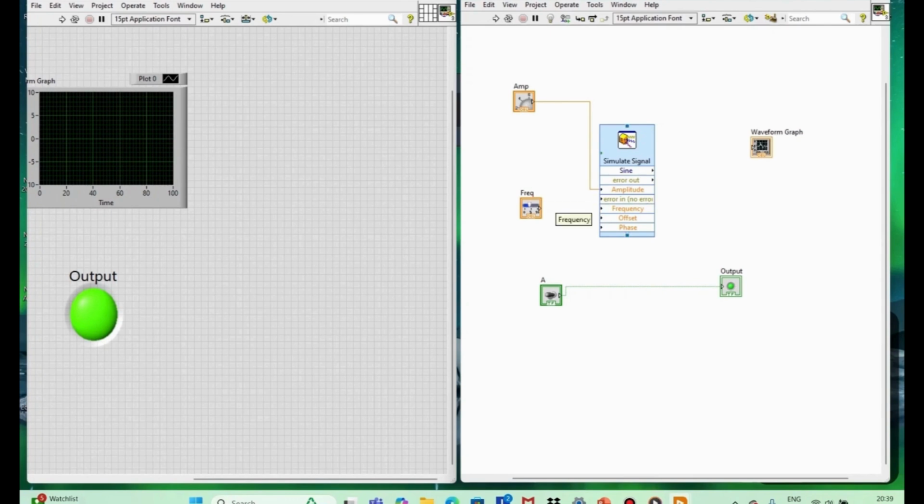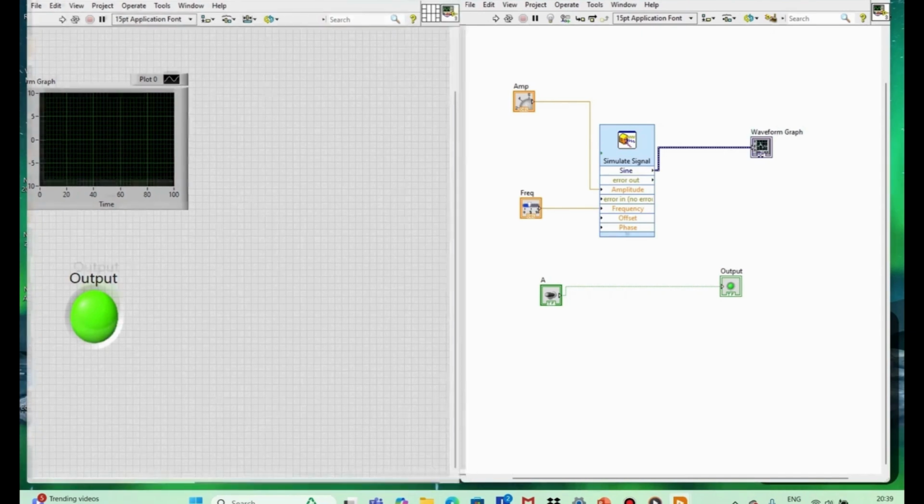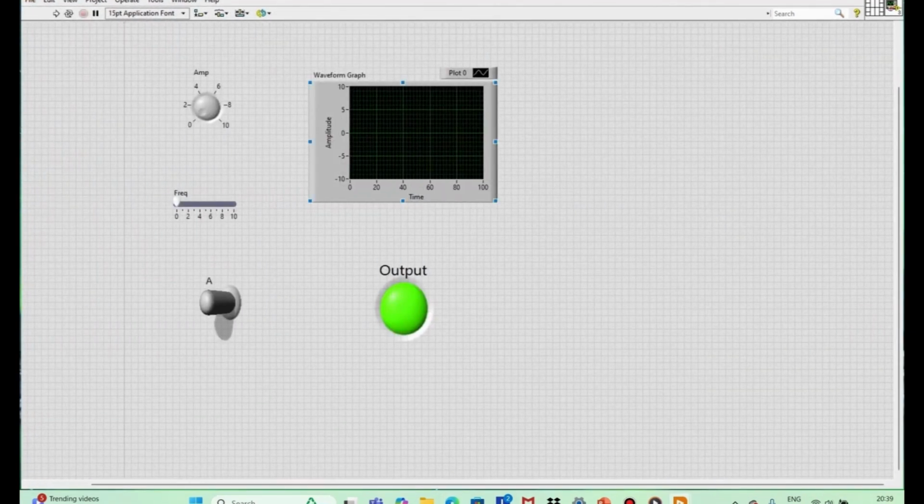So for that, we just need to connect the frequency point to this slider. And the sinusoidal waveform will be displayed in the waveform graph. So we need to connect through the wire. Now if we go to our front panel window, we can run it, and also we can